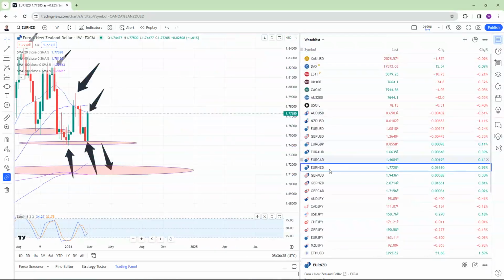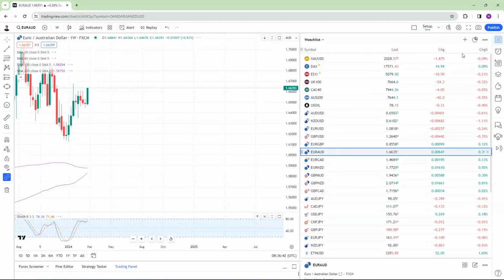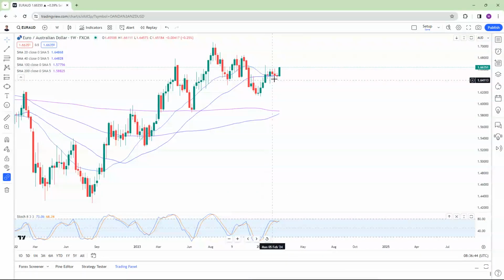So pound New Zealand, euro New Zealand, pound AUD, short as well, because they're coming very hand in hand, those antipodean currencies. Again, they're all in their short downtrend fashion, so I'm